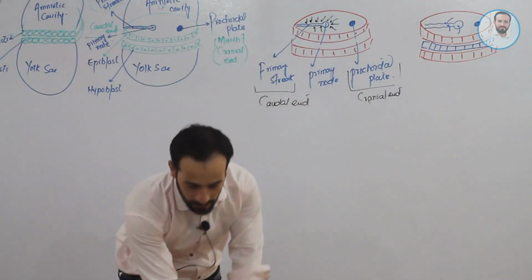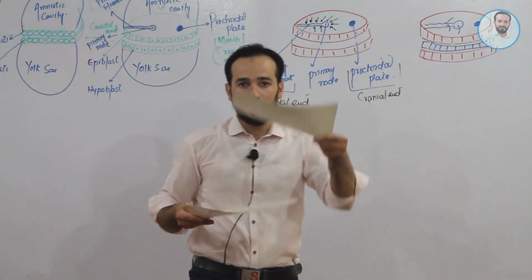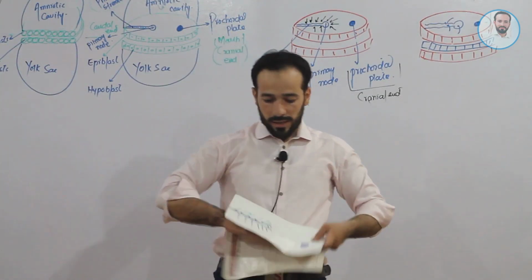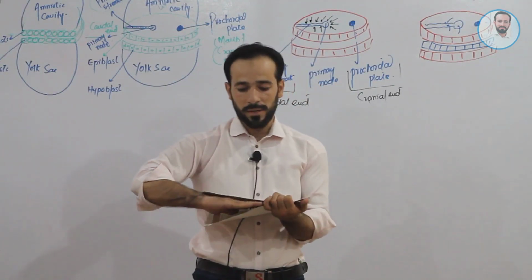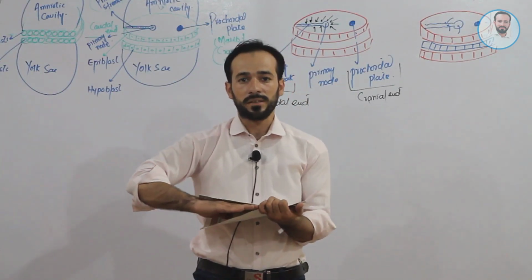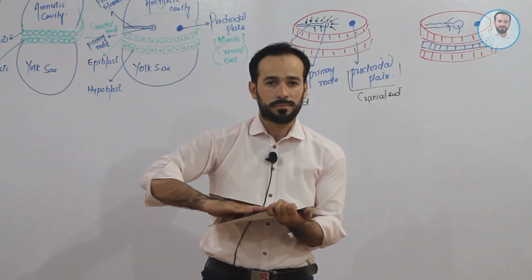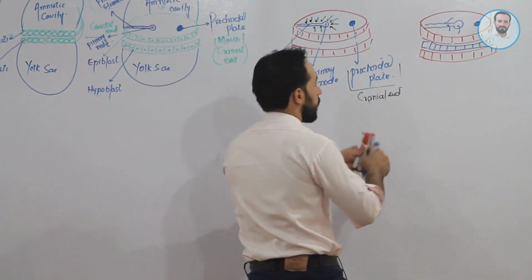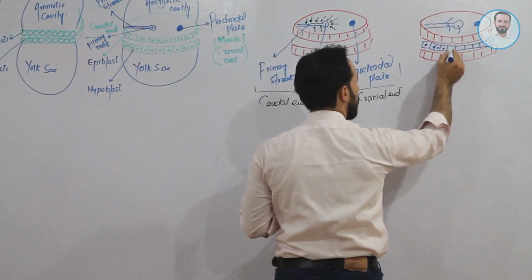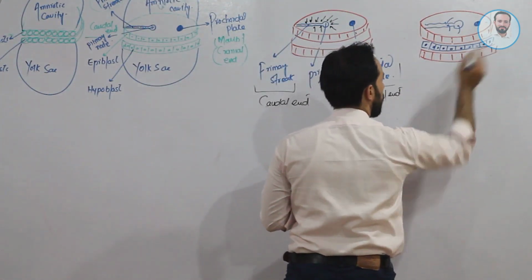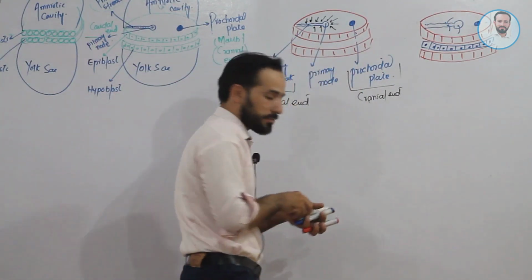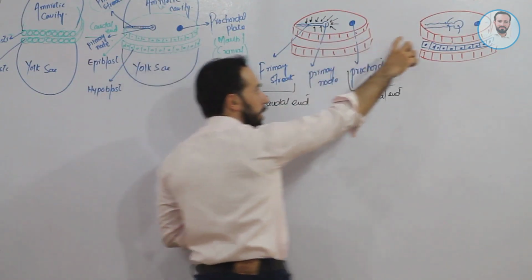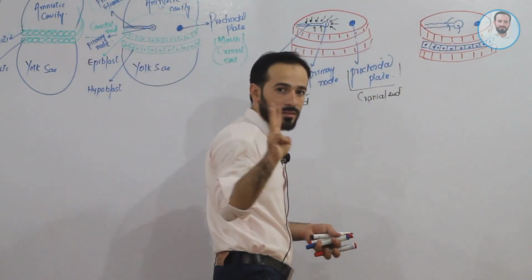Now in between the epiblast and hypoblast, there has been another layer appearing. There is the appearance of another layer, right? This is called the mesoderm, right? So another layer of cells has appeared here and this layer is called the mesoderm. Now let me name them. Now these are two layers and here are three layers.